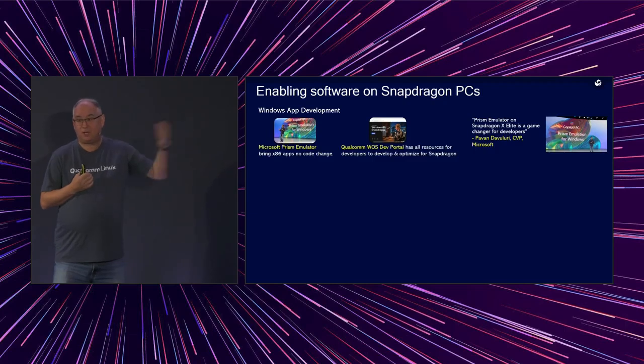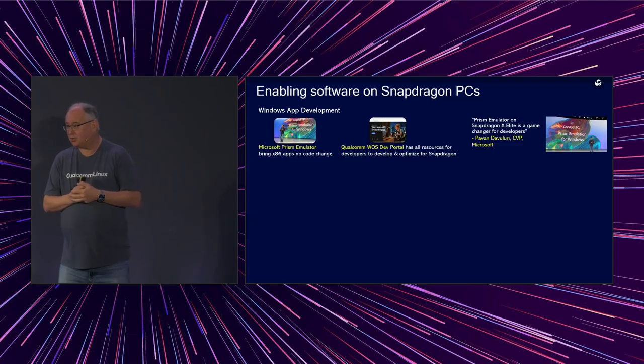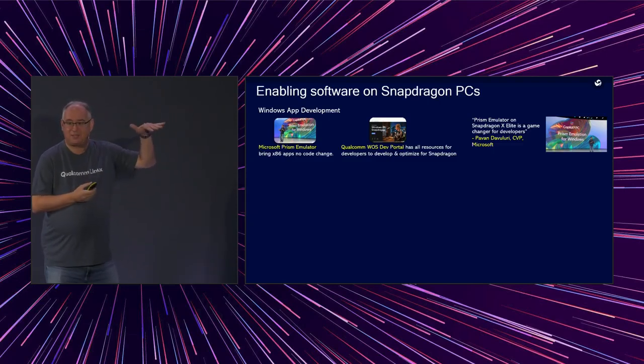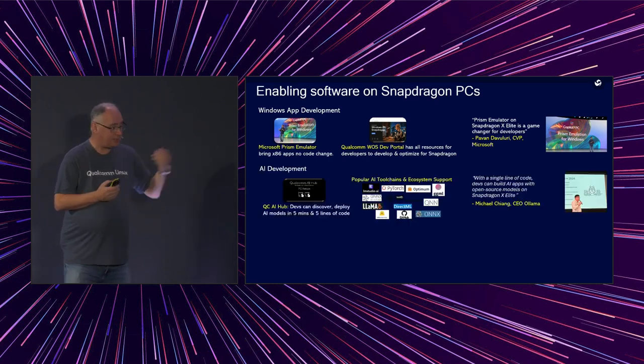Then we've created a developer portal where we have a list of everything that runs on Qualcomm and has been tested on Qualcomm. That's the base enablement. That includes all the tools, the LLVM tools that we've been working on together with Linaro and Microsoft. It includes other kinds of tools. Then, of course, there is the AI component.